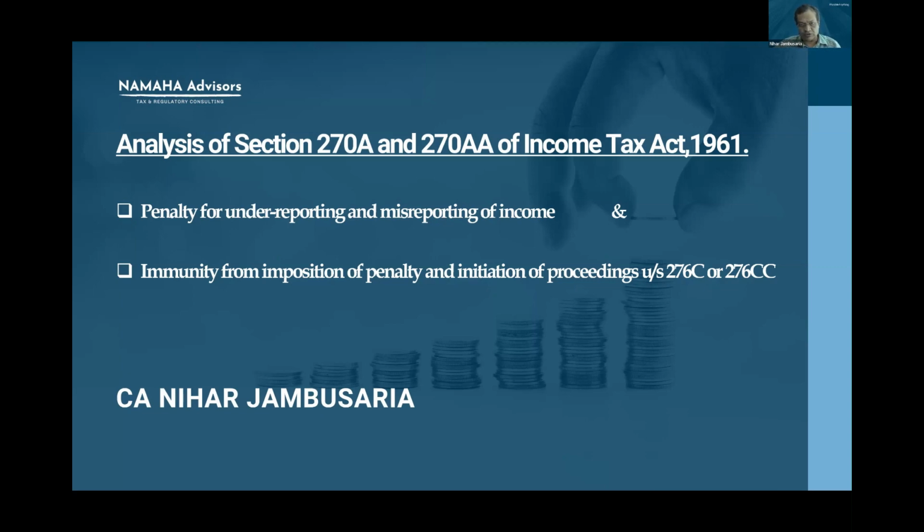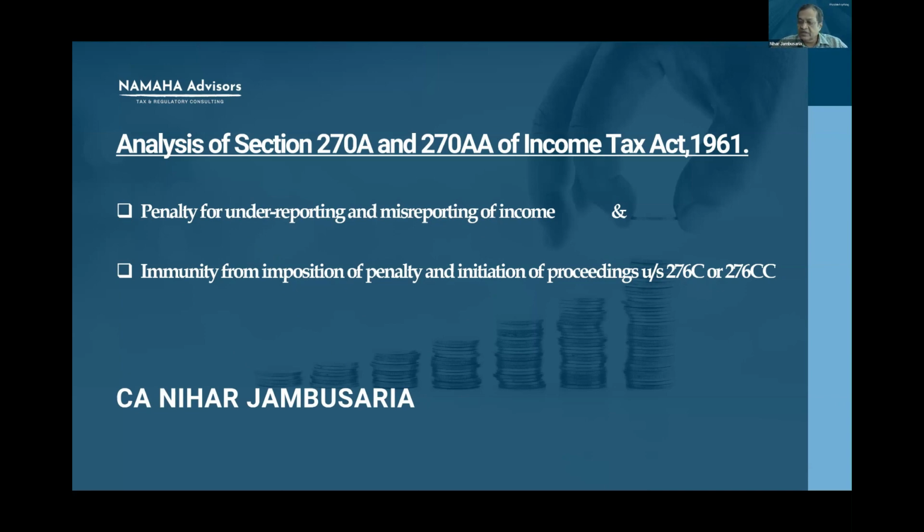It is so because although not specifically provided, we have subsection 6 to section 270A, which provides for 5 exceptions to levy of penalty. So even if there are additions, if certain conditions are satisfied, penalty cannot be levied under section 270A. So this implies that first the assessing officer has to initiate proceedings on the ground that there is